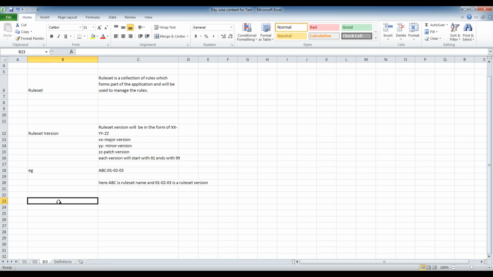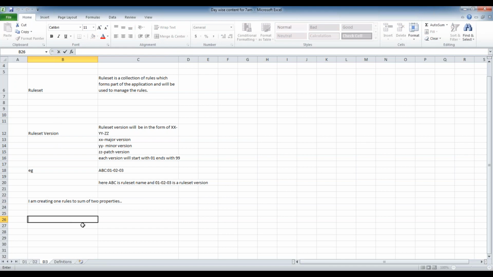Let's take an example. Let's say I am creating one rule to build the summation of two properties.